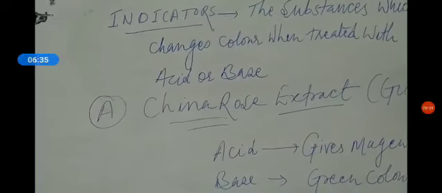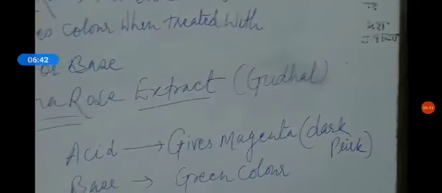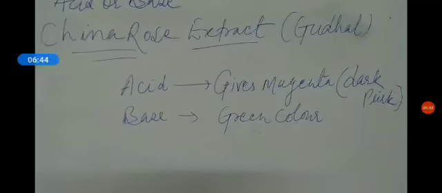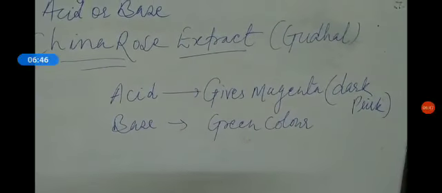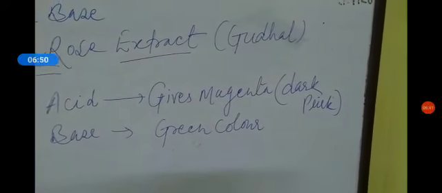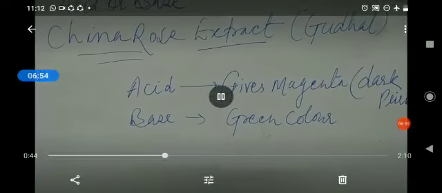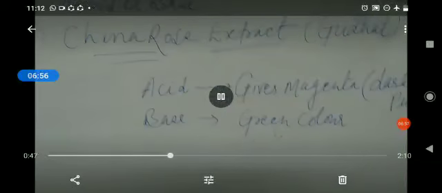The first one is China rose extract. China rose is known as Gudhal. If we treat acid with China rose extract, it will give magenta color, that is dark pink, whereas base gives green color with China rose extract.